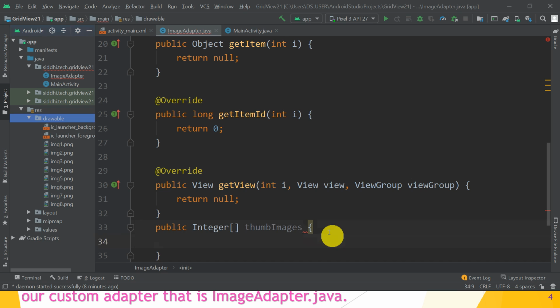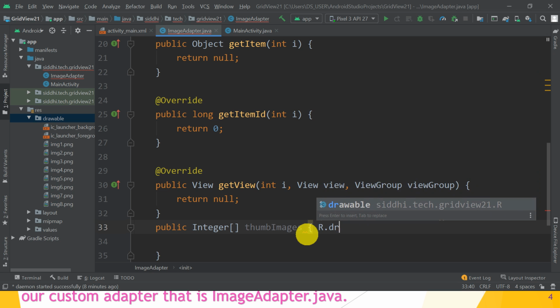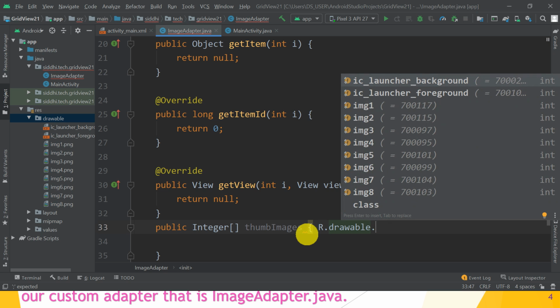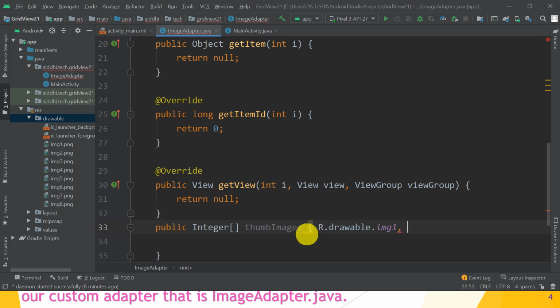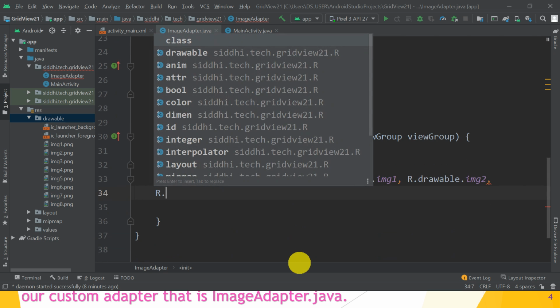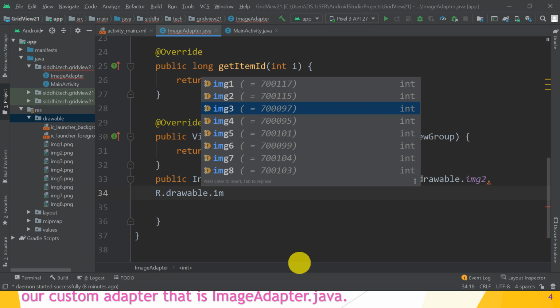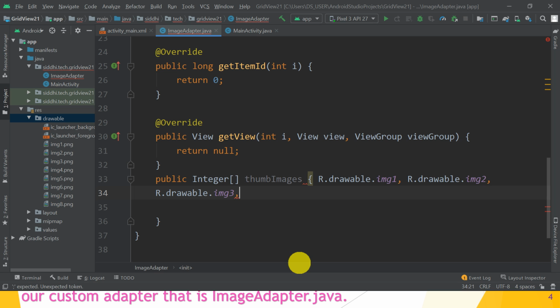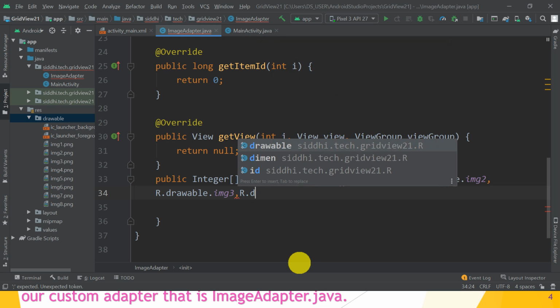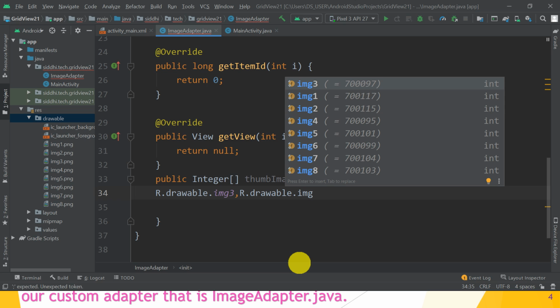Great guys. So create the integer array thumbImages, the name of that integer array, and pass R.drawable.image1, R.drawable.image2, R.drawable.image3, R.drawable.image4.